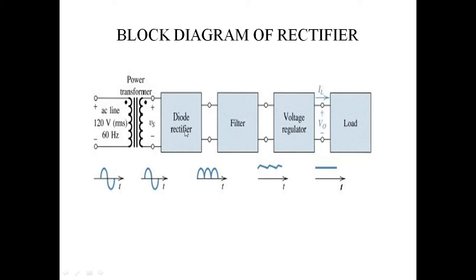So the output of the rectifier is in this form. We assume that this rectifier is a full wave rectifier. The output of the rectifier is given to the filter to convert the pulsating input to a nearly constant DC output. This is in this form, the pulsating DC signal. This output is again given to the voltage regulator to reduce the ripple of the DC voltage. Then finally we get a DC signal.